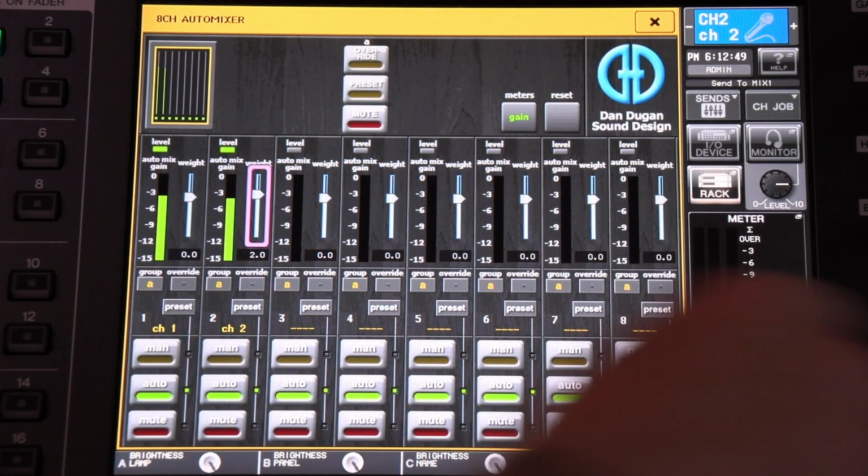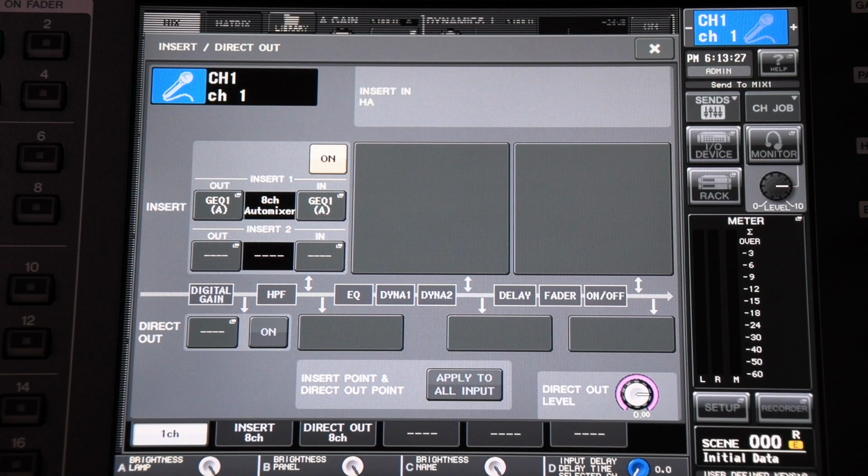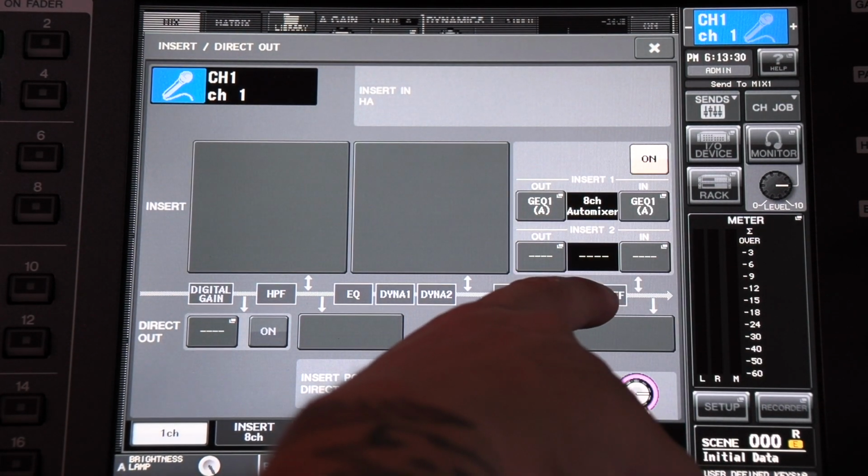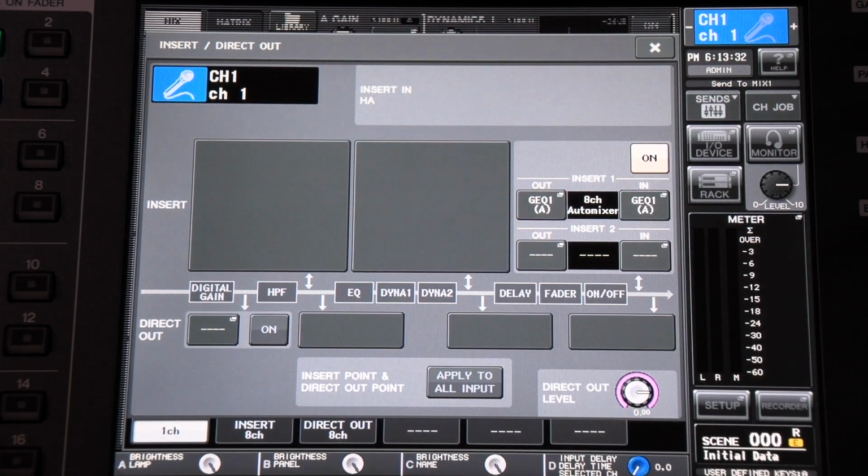If you took anything away from this tutorial, just take that setting your insert to the post position is absolutely critical. As default, if you look inside the insert menu on your channels, Yamaha puts them all the way to the pre-position. So that works great for a lot of things, but with the Dugan, you definitely want that in that post position. Don't forget to do that,